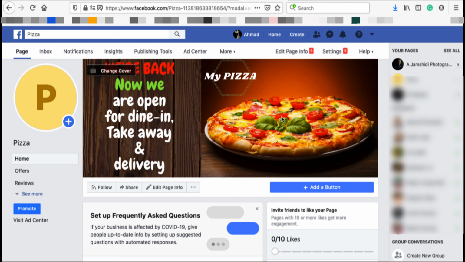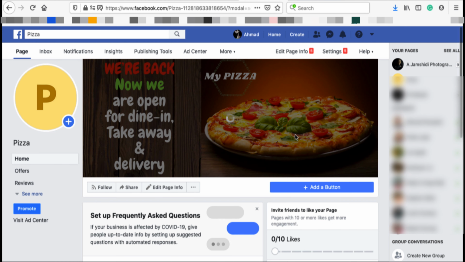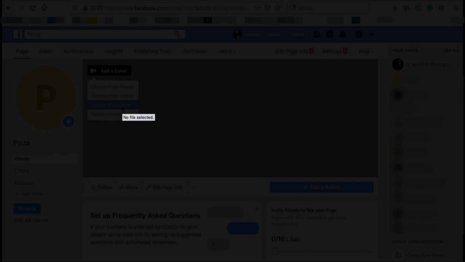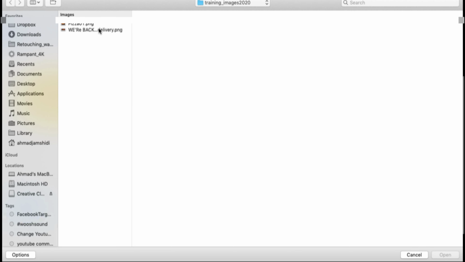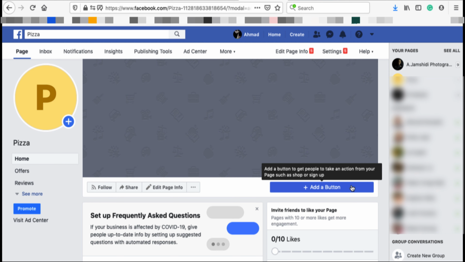This image is now saved. If you're not happy, or sometimes if you get bored, or if you come up with a new design, the only thing you need to do to change it is click right in here and it gives you the options to delete this image and add a new image. When you go for remove, Facebook asks you, do you want to remove this cover image? When you confirm, you remove the image and then you add a new image as well. So I'll upload my own image again because I quite like the design I did. Click OK